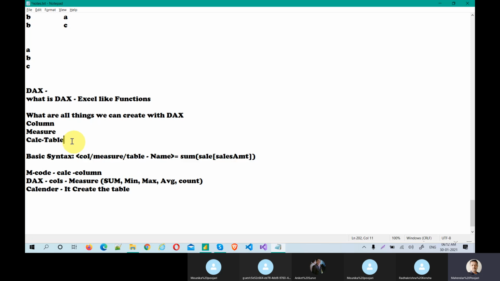We understand what all the things we can do with this DAX, and we are even going to learn how to create a DAX even without knowing what function you are going to use. See, this is not my skill. This is the efficiency of the tool, because this is an advanced tool. Microsoft Power BI is an advanced tool. So it will give you the efficiency to create any code.